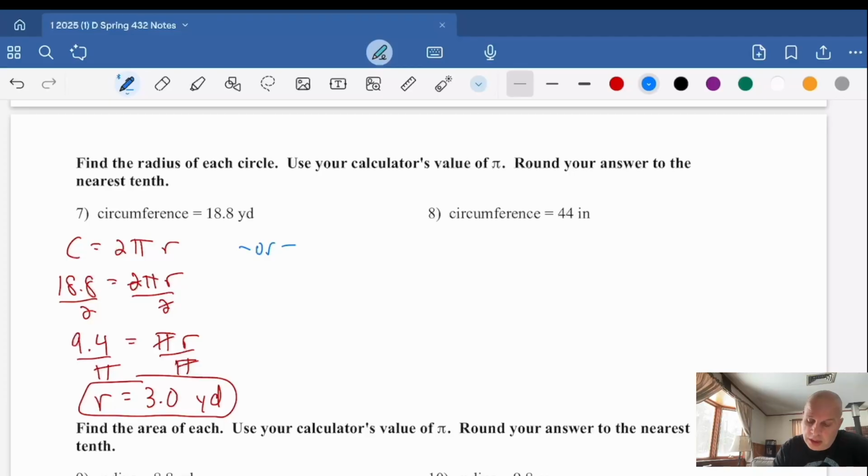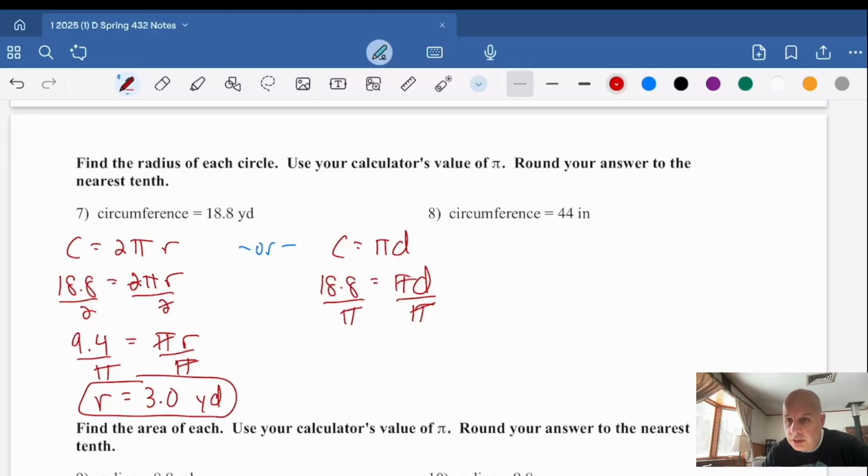Or, another way in which you might approach it is just using the formula circumference equals pi times diameter. What you could do is figure out what the diameter is, and then if I want the radius, I could just cut it in half. So you could do 18.8 is equal to pi times d. You could divide both sides by pi,